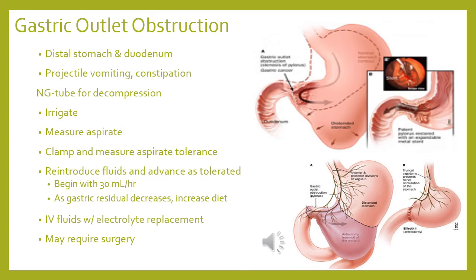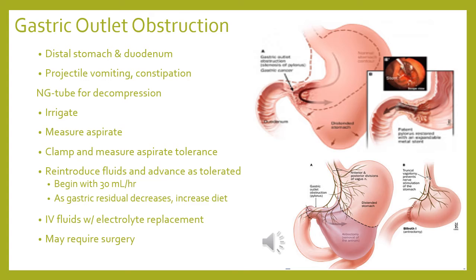so it's no surprise that the client with gastric outlet obstruction has projectile vomiting. Management may include an NG tube for decompression with irrigation. Then, as the nurse, you're going to measure and record the gastric aspirate. And then prior to removing the NG tube, it's common to have an order to clamp the tube for a period and then measure the aspirate